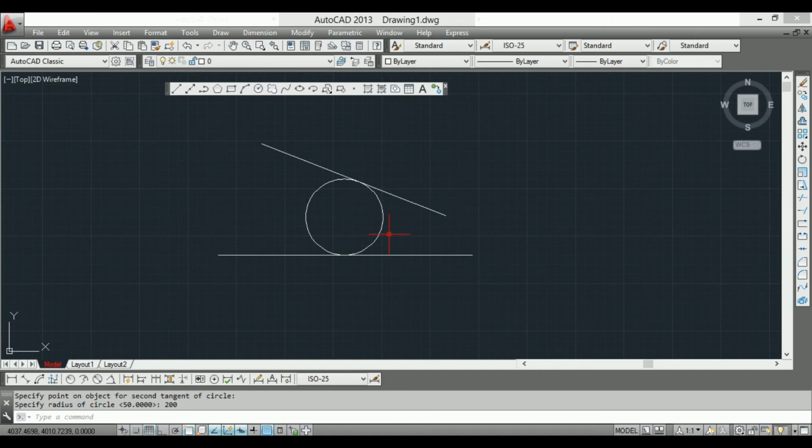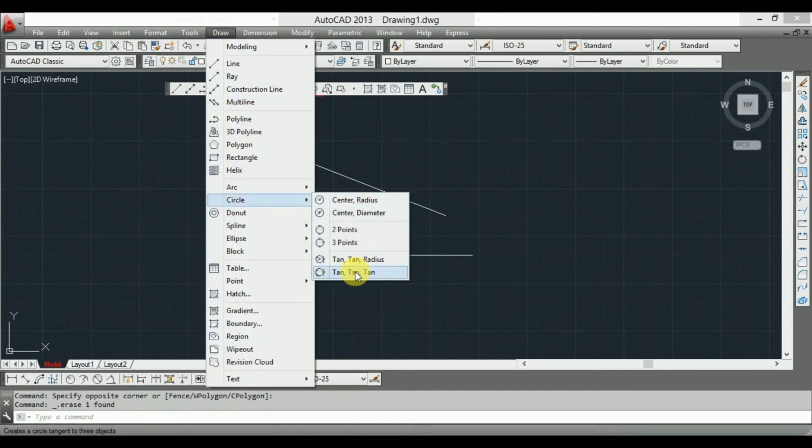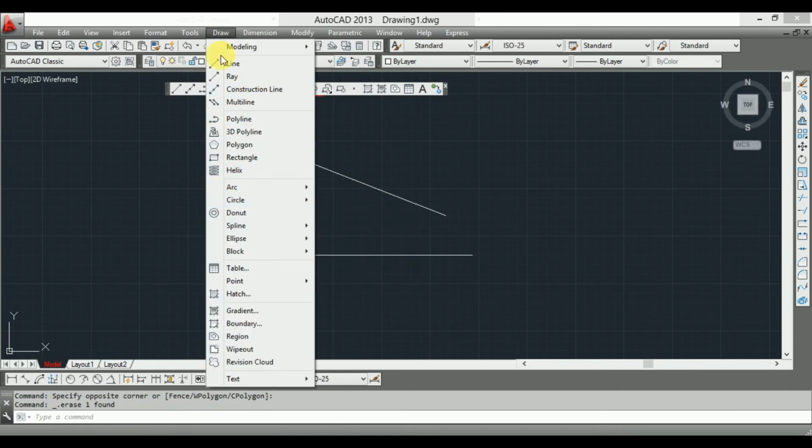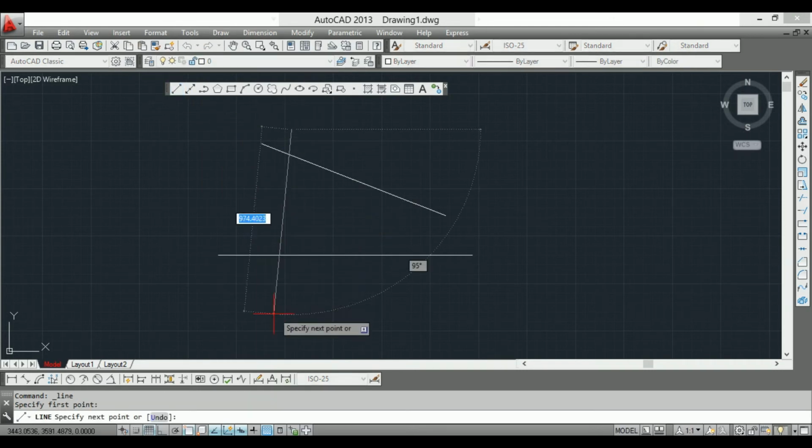Then the fifth case, guys, is tangent, tangent and tangent. This command asks for 3 tangents. Suppose I have one more line. Then the design asks for a circle that passes through the 3 lines.